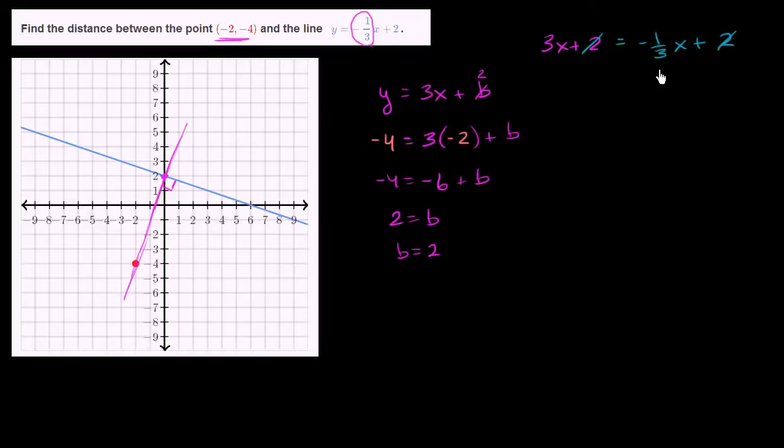Well, there's a couple of things we could do. We could add 1/3 x to both sides, and then we will get 3 and 1/3, which is the same thing as 10/3 x is equal to 0. And if you multiply both sides by 3/10,